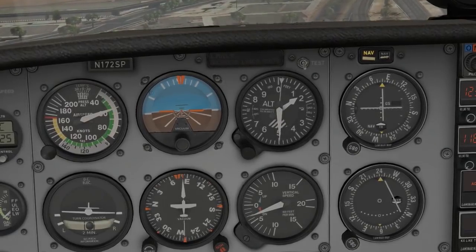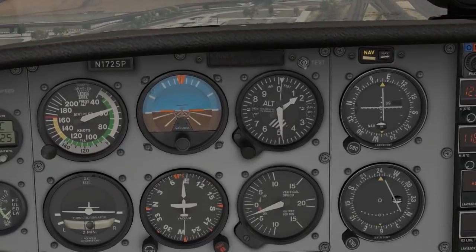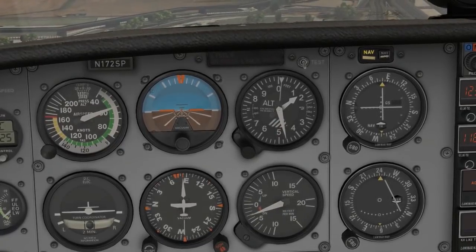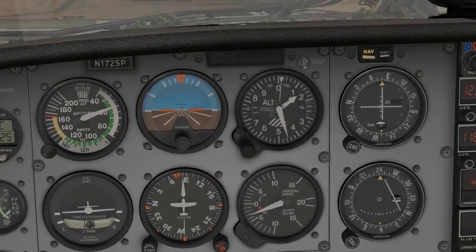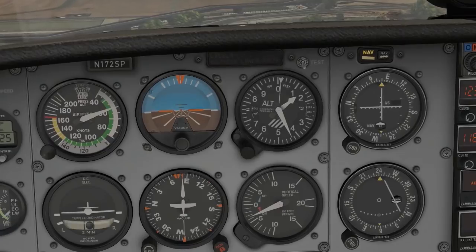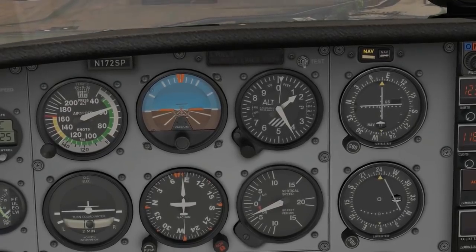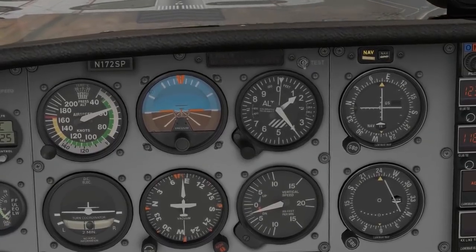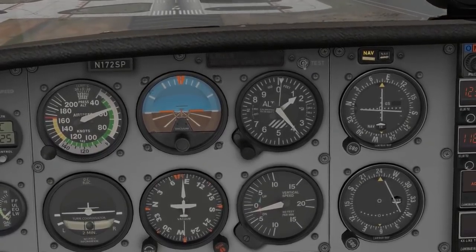We do have that slight breeze blowing us from right to left as we're trying to chase that heading. Still descending, and we're pretty much on and on there with center line and glide path. We'll try and hold this. And you can see it's about a 350 foot per minute descent